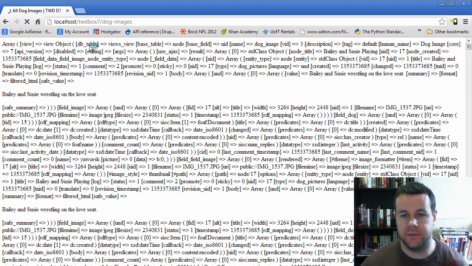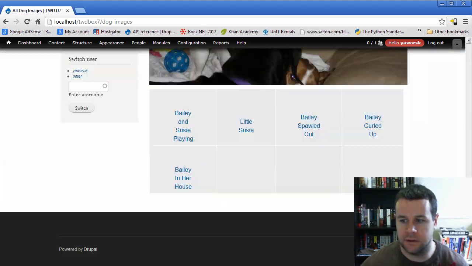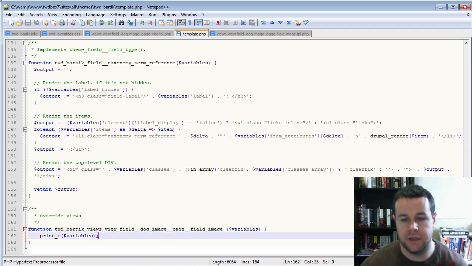Great, and once I reload it, I see I'm getting this print_r of our specific variables. Really ugly to look at, obviously. So I just want to stop this from continuing to run. And you'll notice down here, I'm actually not printing out the image anymore. What that tells me is I've actually overridden the template file. It's now a function, and because I'm not returning the actual image out, it's not printing it. And so I'll show you what I was talking about